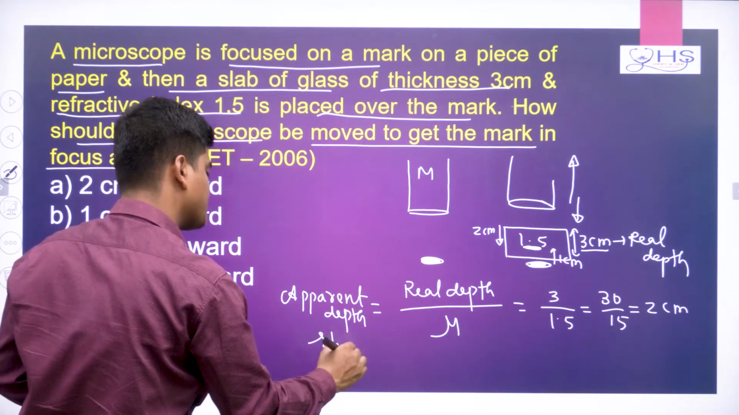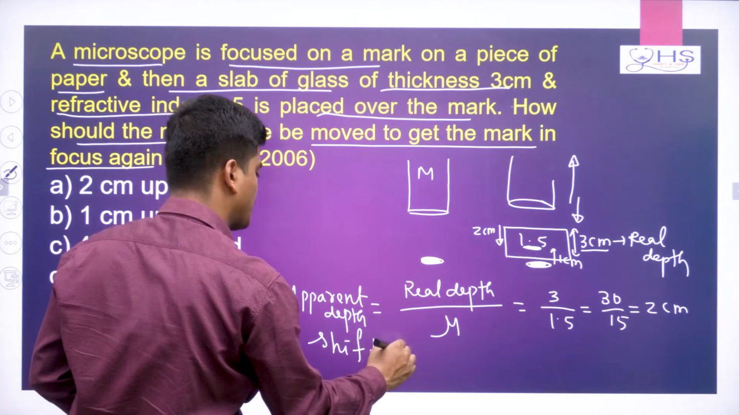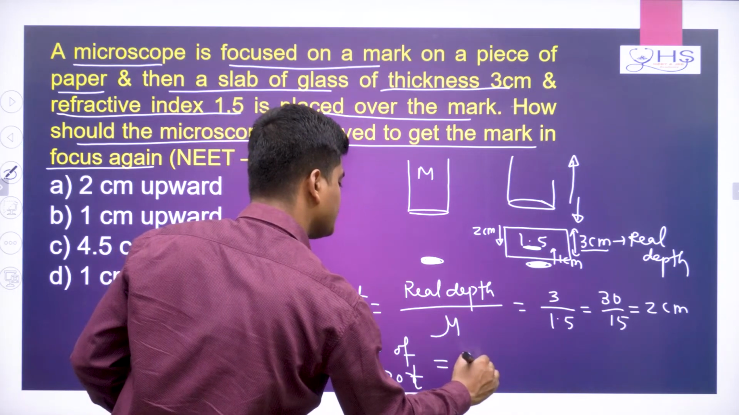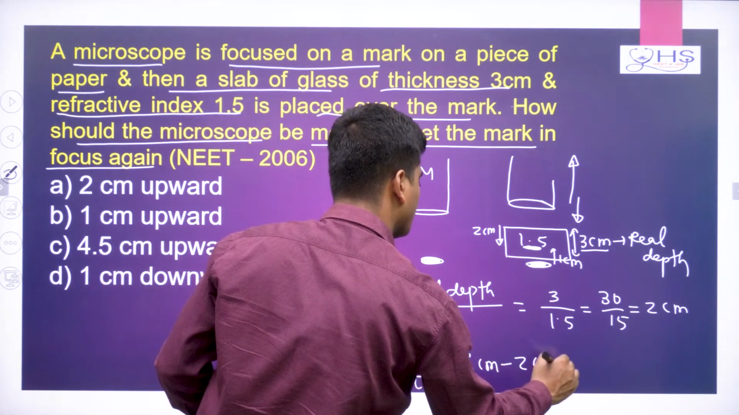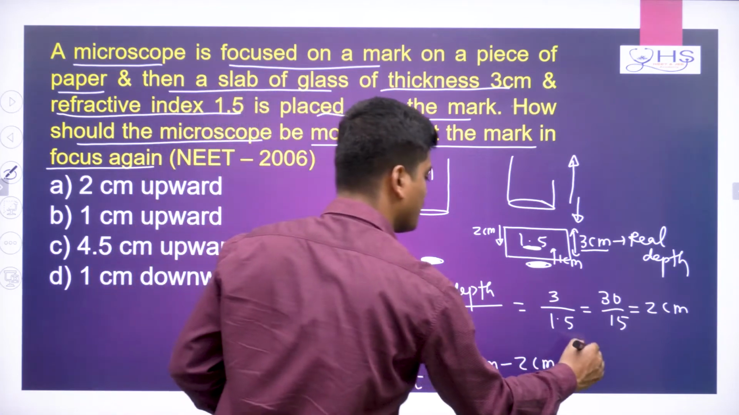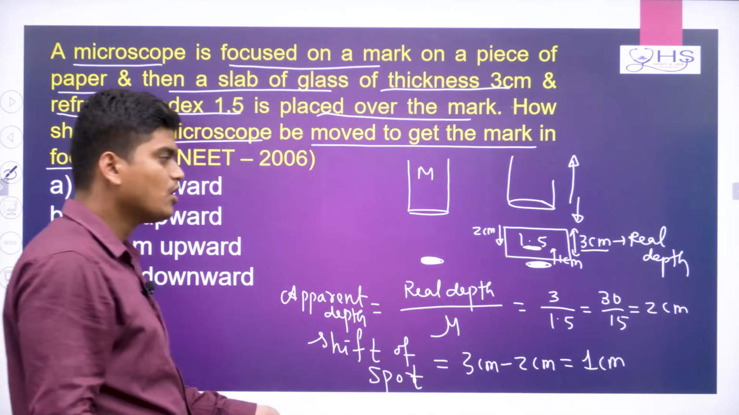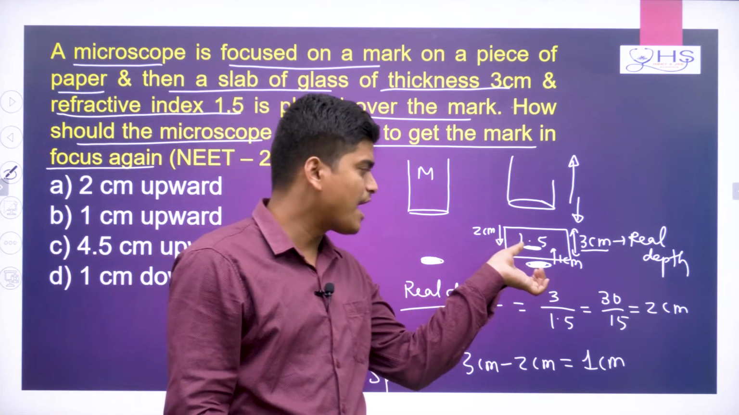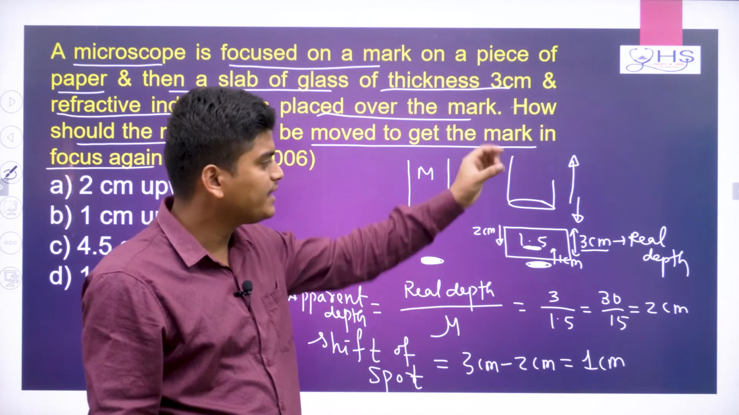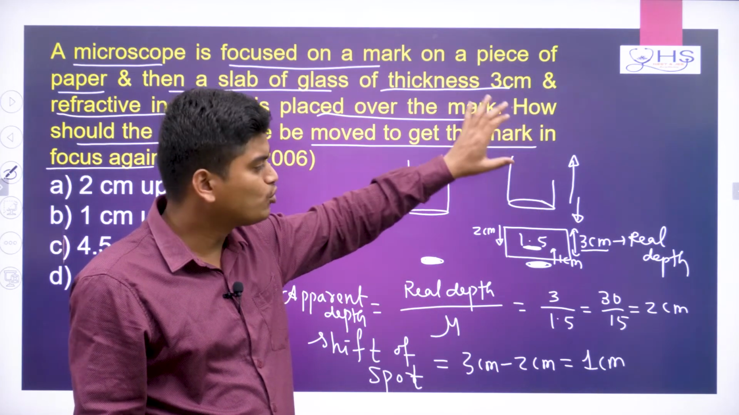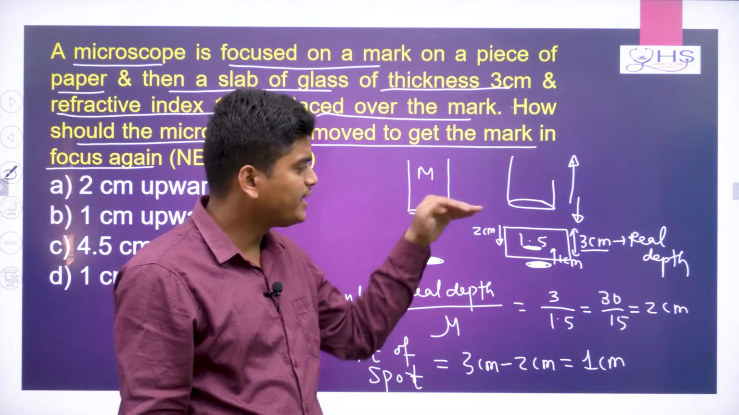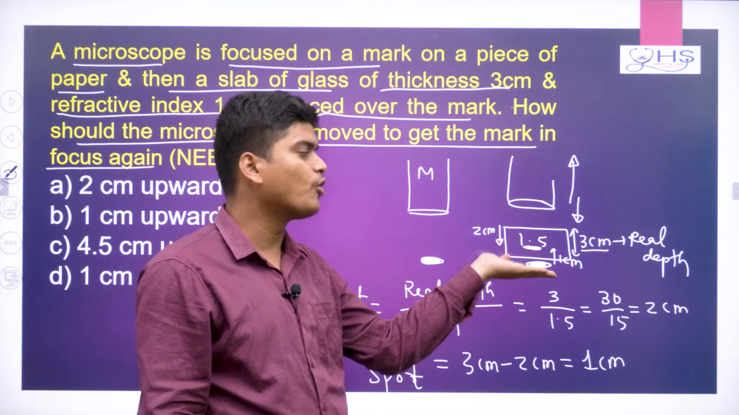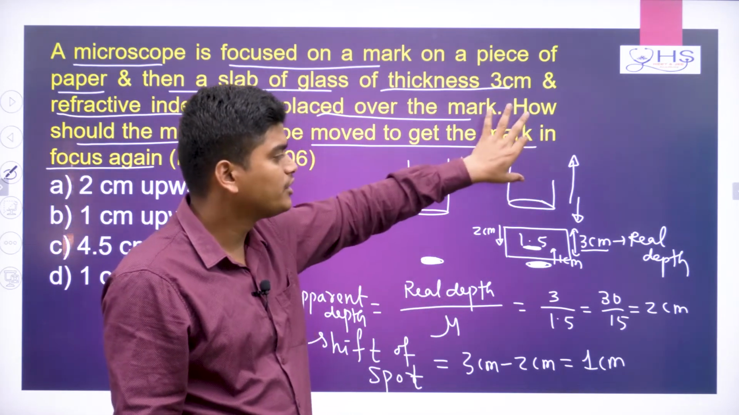So the shift of the spot is nothing but 3 centimeter minus 2 centimeter, real depth minus apparent depth, which is basically 1 centimeter. So shifting of coin is 1 centimeter. If shifting is happening 1 centimeter, then definitely your microscope should move 1 centimeter. It can move downward also, upward also, but you see, shifting is happening in which direction? Upward direction happens. So that's why your microscope